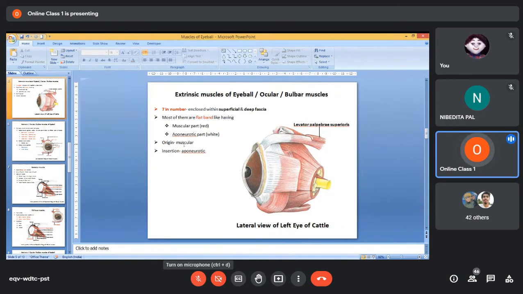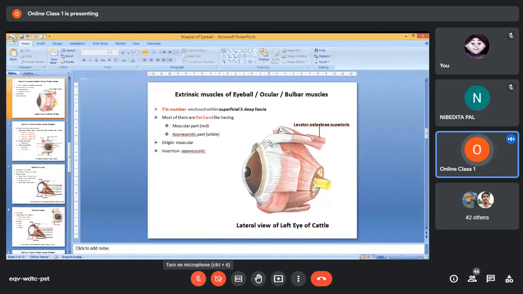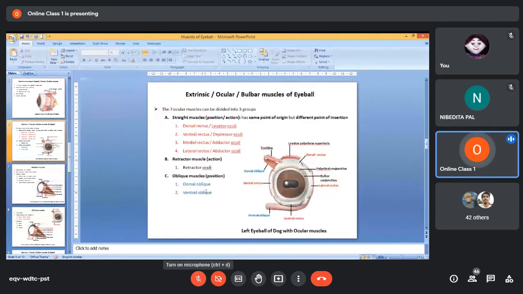The muscular part is usually towards the point of origin, whereas the aponeurotic part, that is the white sheet-like connective tissue part, will be towards the point of insertion. That means, remember, all the ocular muscles have aponeurotic insertions, not tendinous insertions. Okay. Now coming to these 7 ocular muscles, as I told you,